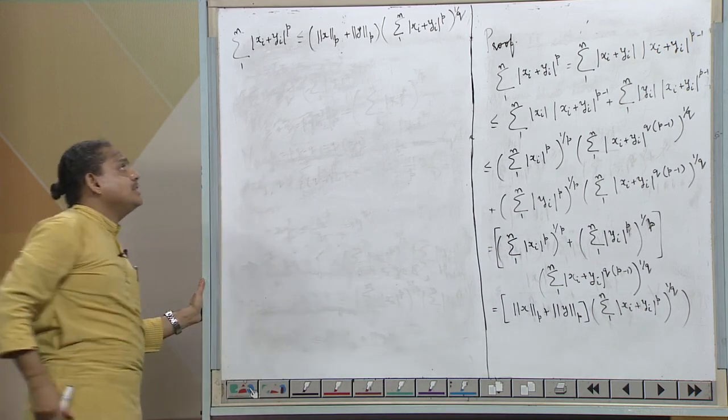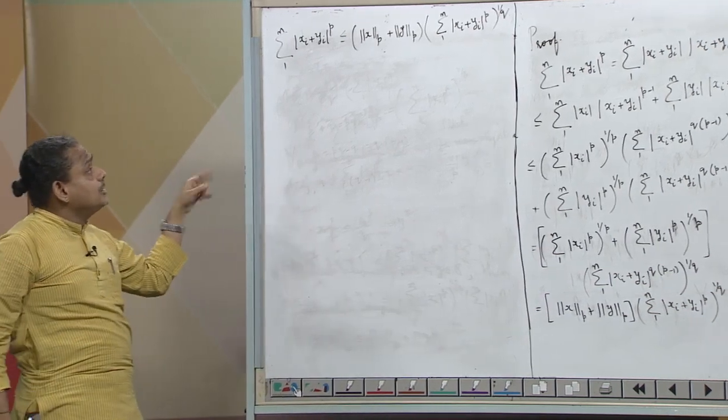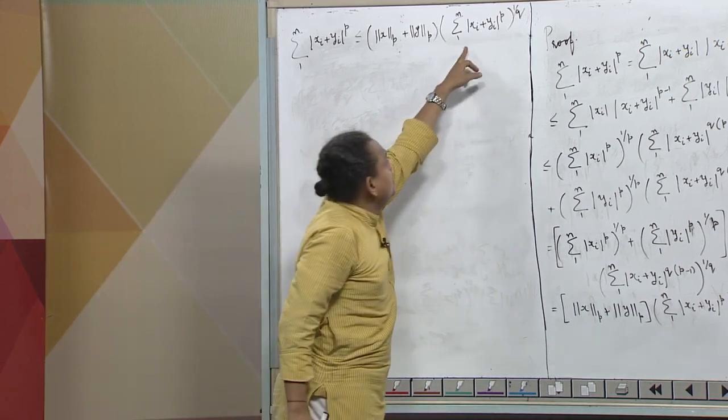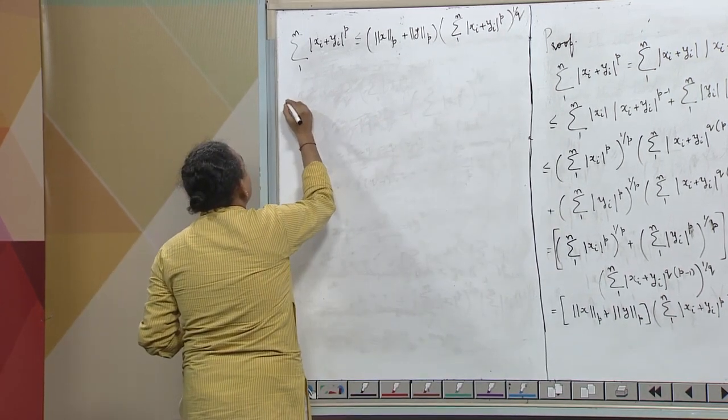So, what we are going to do is divide both sides by this quantity, or equivalently,